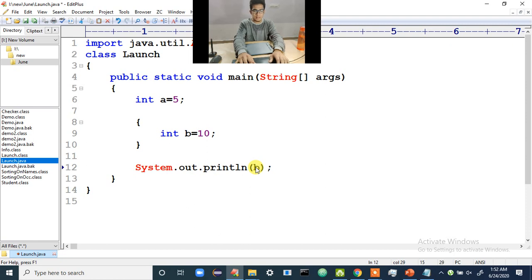Okay. So now the question is, will I be able to print this b? Now you might be thinking like this: yeah, definitely it will print b. Why? Because b is declared inside the main method. So inside the main method, whatever you declare, it is accessible throughout the main method, but that is not the